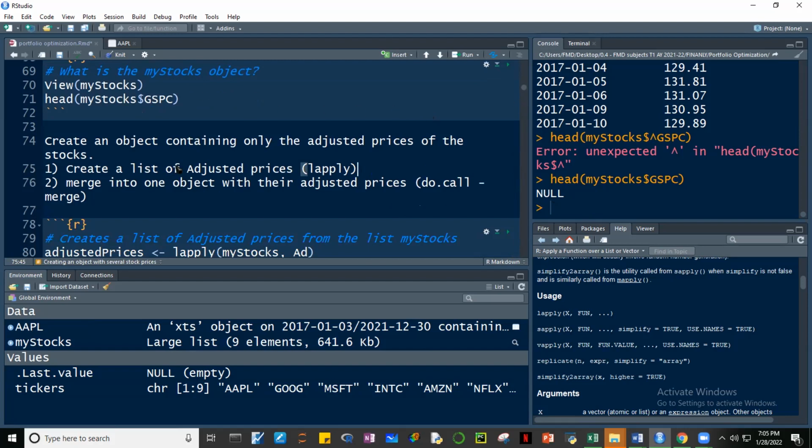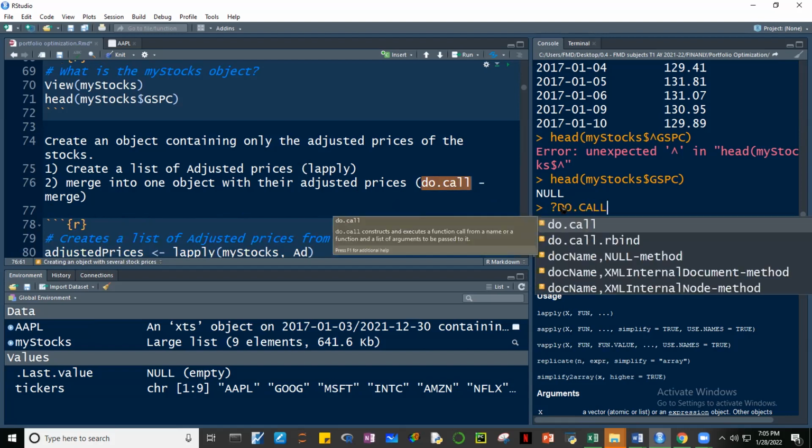Okay, so we're going to create a list of adjusted prices using lapply and merge into one object with their adjusted prices. We're going to use the do.call merge function. Let's just take a quick look at what the do.call